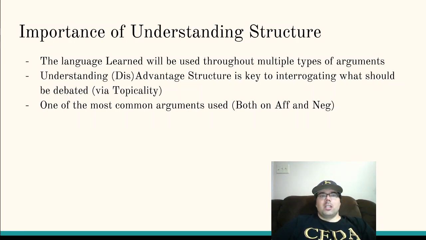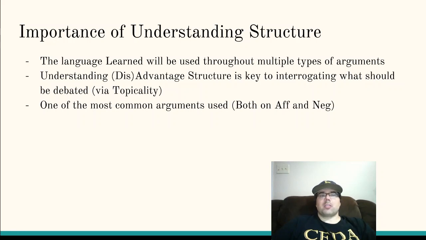The first is that the language, the terms that we use to describe the structure of advantages and disadvantages, are used through a multiplicity of different arguments, whether it be critiques, topicality, disads, different counterplans, add-ons, whatever you want to call it. Links and impacts and uniqueness are terms that are going to be used throughout debate in multiple different ways. So it's important to understand what those terms mean in general